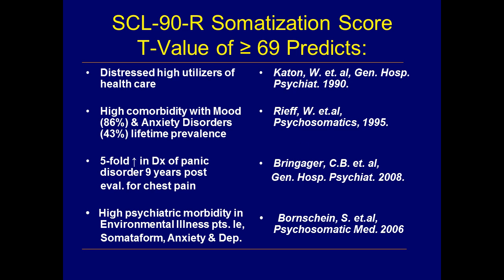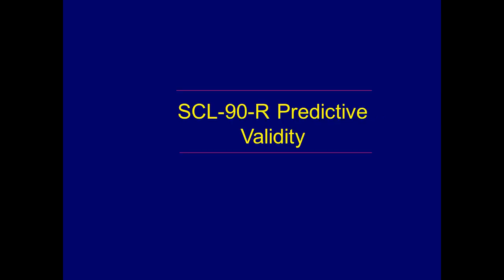So I looked through studies where the t-value greater than or equal to 6.9, which means 2 standard deviations above the mean, was the criterion for inclusion. And in the 90s, Wayne Caton did a lot of work in the general hospital with distressed high utilizers of healthcare. And a SCL90 score of 6.9 or higher very much predicted those individuals. As we just reviewed, high comorbidity with anxiety and depression disorders,